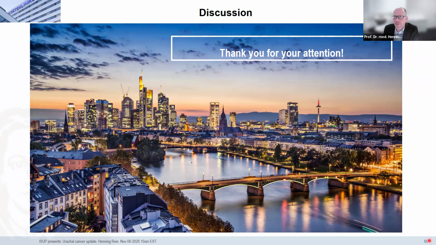That's a difficult question, actually, because I would never say it's a urachal carcinoma in TURBT specimen, because you always have to keep the differentials in mind. And this is primary bladder adenocarcinoma. If you are lucky, you have samples from the rest of the bladder. And if you see intestinal metaplasia with strong dysplasia, then it might be primary bladder adenocarcinoma.